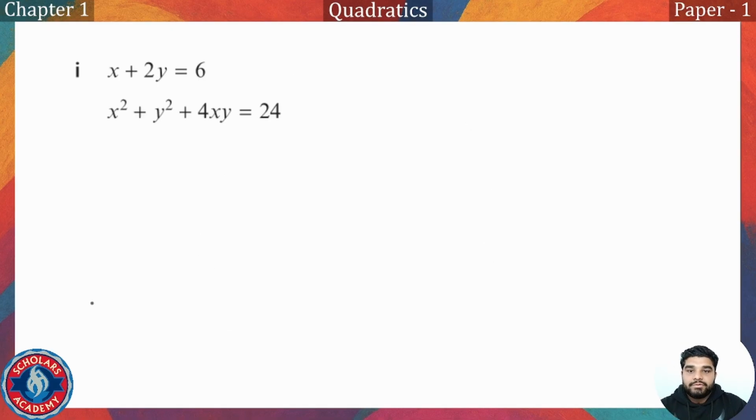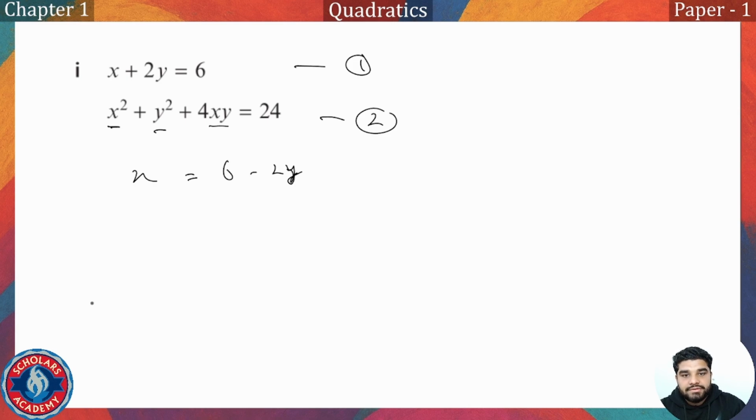All right, we'll try and find a value of, now see, we have x square, y square, xy. We can take value of any variable, that is one and the same thing. So equation number 1, equation number 2, we can take value of x from here. We get 6 minus 2y, and if we substitute this, let's mark it as equation 3. So if we substitute 3 in 2, we get